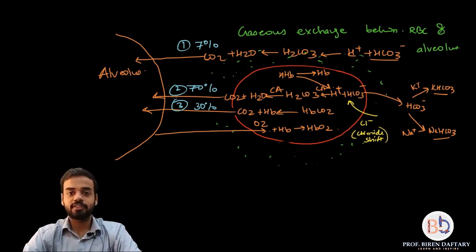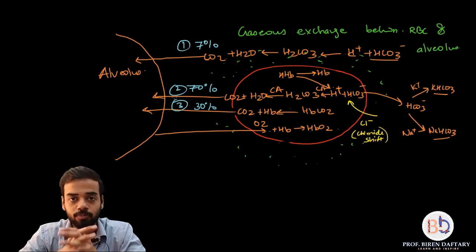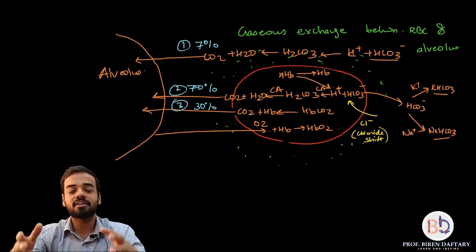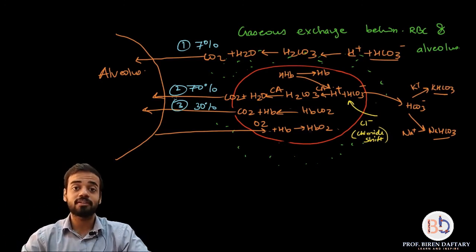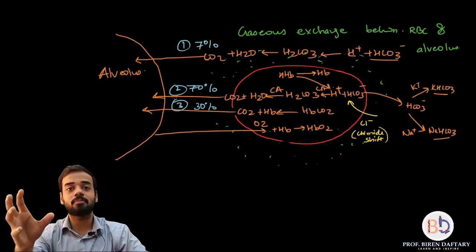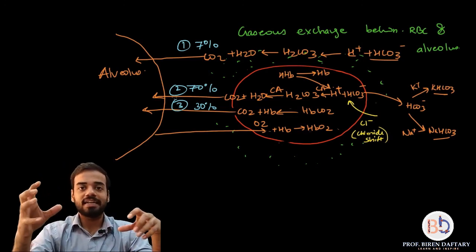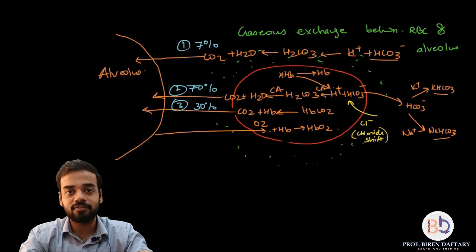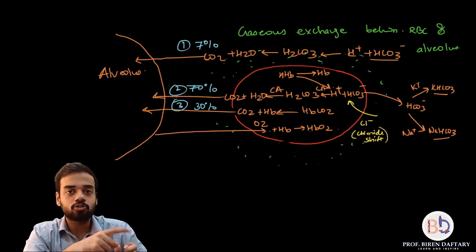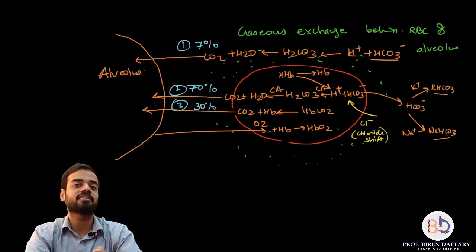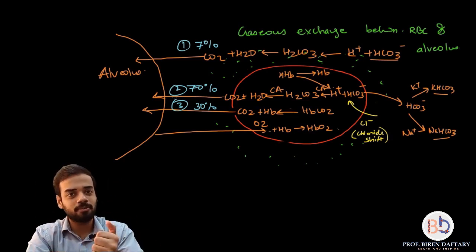So with that, friends, we finish this entire part of internal respiration. I hope you have understood this. These diagrams are very simple to understand. If you look at them in one glance, then you will feel confused. You might feel that they are very complex. They are not. Just remember, partial pressure of oxygen is very high in the alveolus, so that is why it removes carbon dioxide from the hemoglobin and itself gets attached. Whereas near the cell or tissue, partial pressure of carbon dioxide is more, so it removes oxygen from the hemoglobin and itself gets attached. Apart from that, transport of carbon dioxide also takes place in plasma.